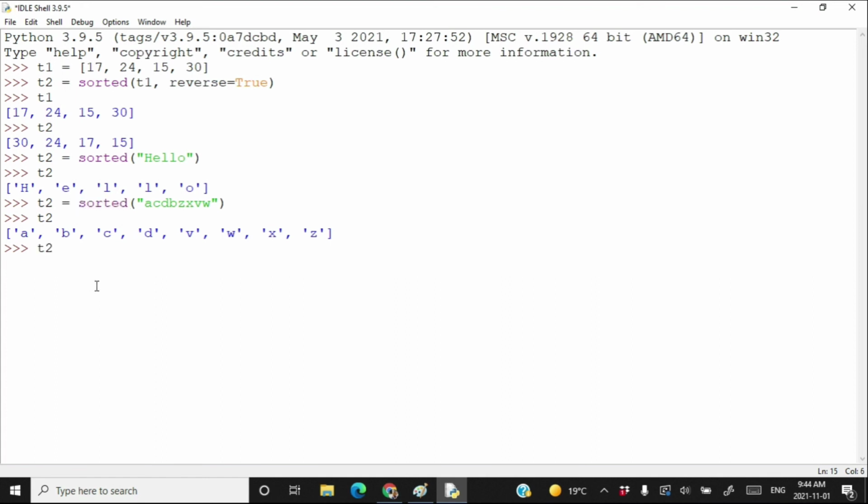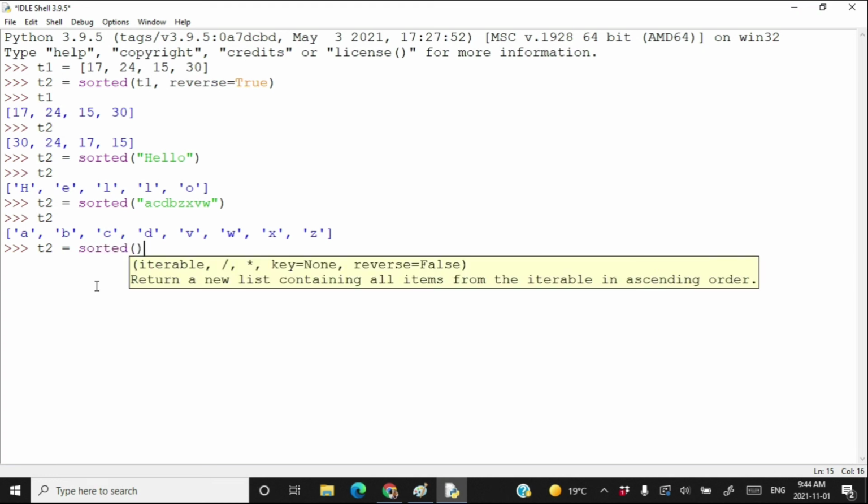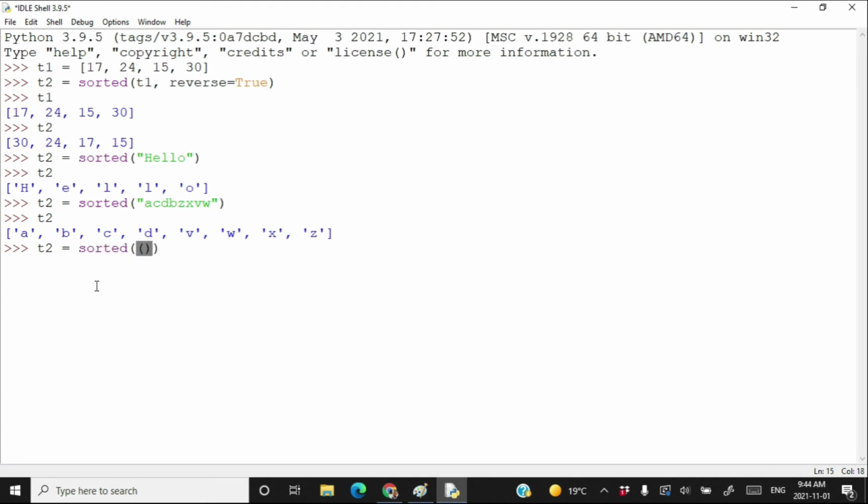You can write T2 is equal to sorted, and you can pass a tuple in it like 4, 1, 5, something like that. And in T2, you will have 1, 4, and 5 as a list. Okay, so sorted method always returns a list, but as an argument, you can pass any sequence to the sorted